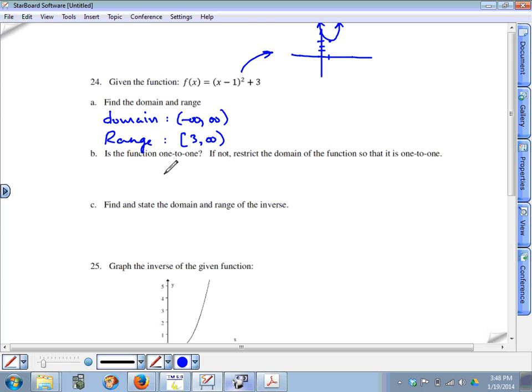Now, the function is not 1-to-1. And we can see here the graph, it's a parabola, it fails the horizontal line test. And because it is not, we need to restrict the domain in such a way that the function becomes 1-to-1. Now the function is not 1-to-1 because the parabola is going up to positive infinity on both sides. If we could get rid of one side of the parabola, either the left side or the right side, then that would do. So if we restricted the domain